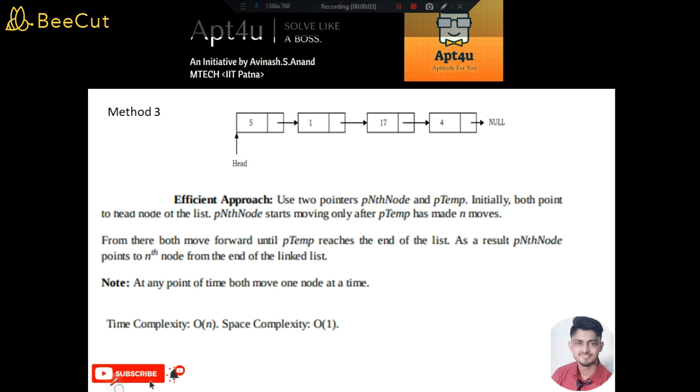Alright, let us discuss the most efficient approach to solve this particular problem. The most efficient approach will be basically using 2 pointers, p nth node and p temp, right? Initially both pointers will point to the head node of the list, right? So this is the head node, the p nth node and p temp. Both will point to the head node, and then p nth node will start moving only after p temp has moved n moves, right? Which means that initially p nth and p temp are pointing to the head node, fine,